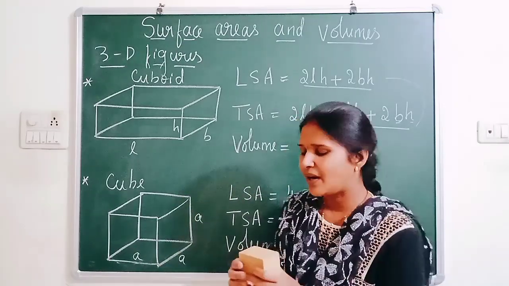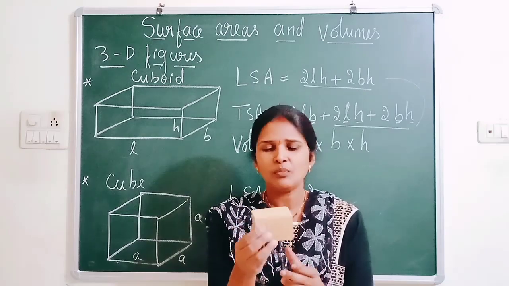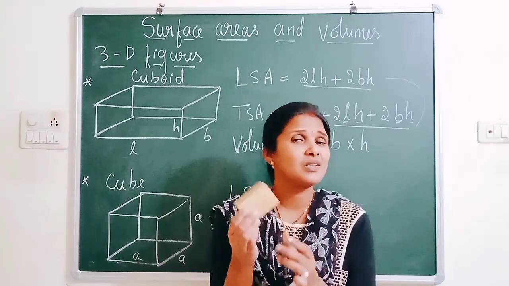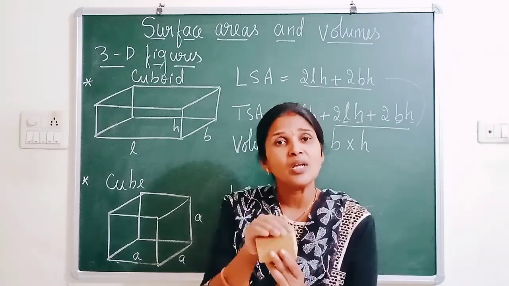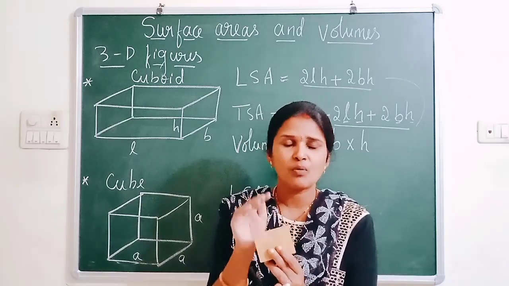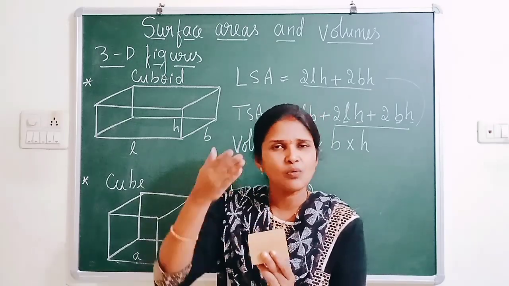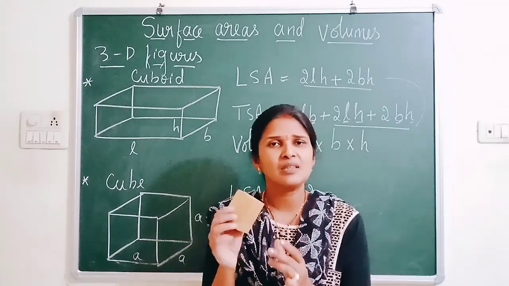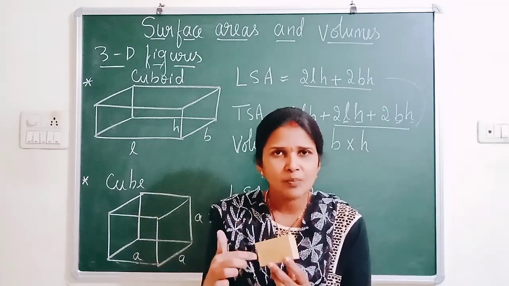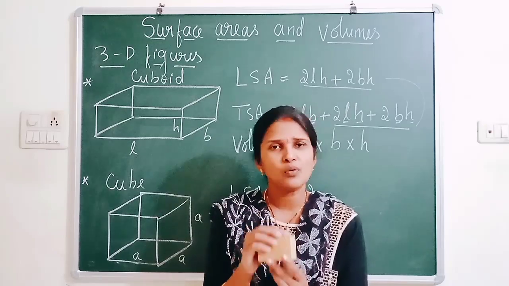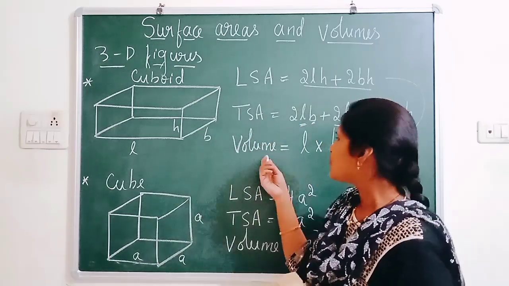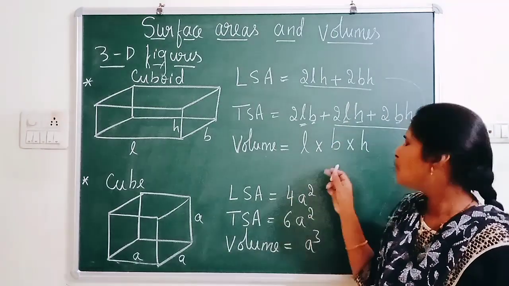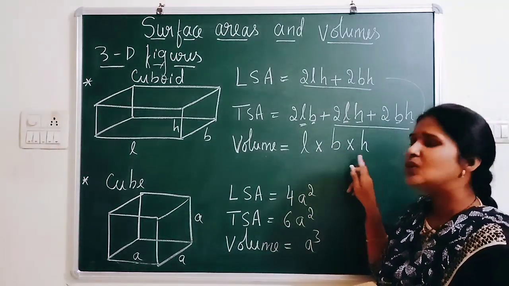Now let me find, if I talk about this volume, it is nothing but the volume of the wood, because this is not empty. It is made with a wooden block. Because it is a wooden block, what is the volume of this cuboid? Nothing but the volume of wood itself, because nothing is hollow here, everything is made up of wood. So it is the volume of wood, nothing but the volume of the cuboid. Now what is the volume of a cuboid? Volume of a cuboid is L into B into H.